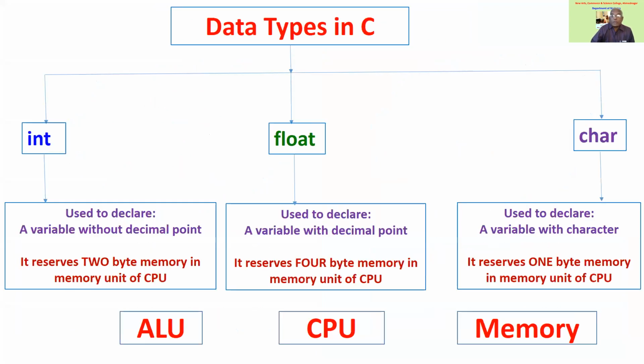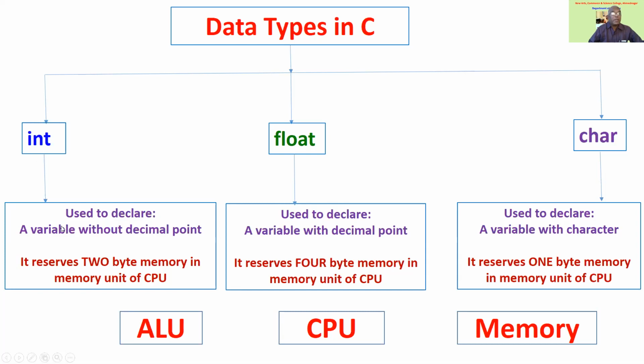Okay, what are the data types? What are the data types in C language? See, in C language, there are basically 3 types of data types. 1, 2, 3. Integer type data type is defined by the word int. It is a C identifier, a fixed word for integer type data. Float and char. I will explain one by one.